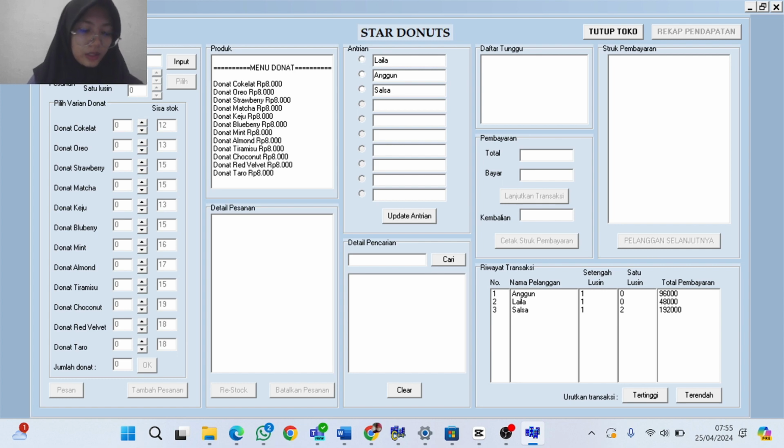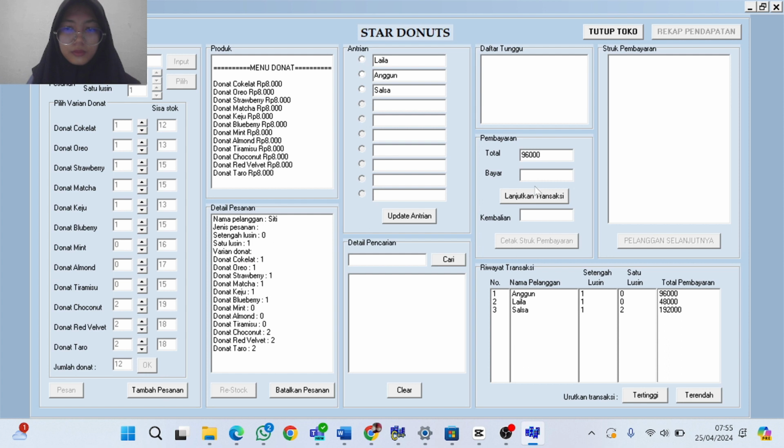For example, a customer named Siti wants to buy donuts, for example, 1 dozen. Siti will pay with 100,000 rupiah.